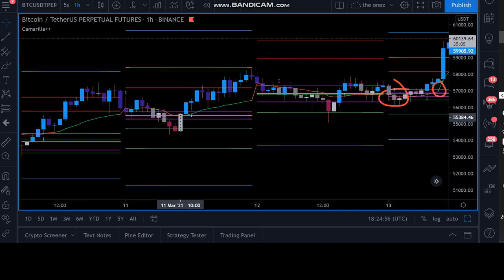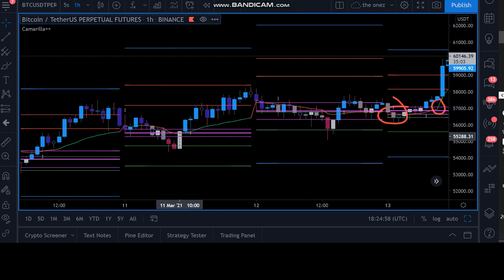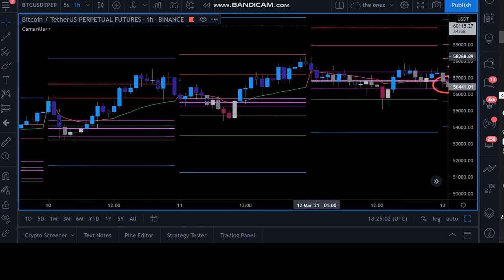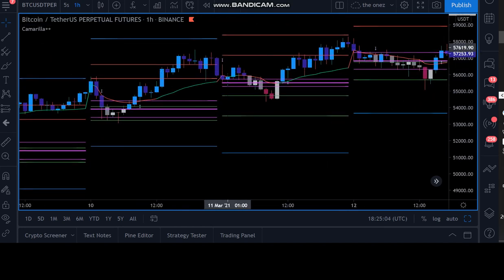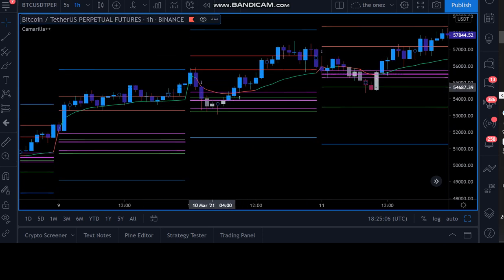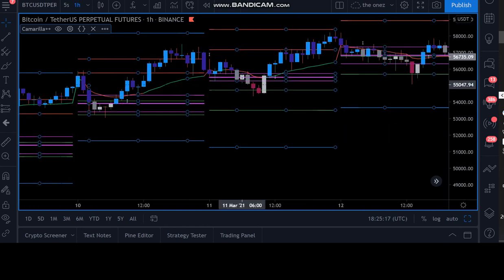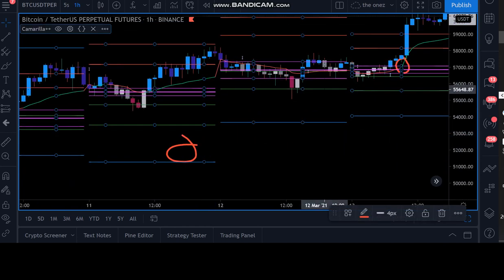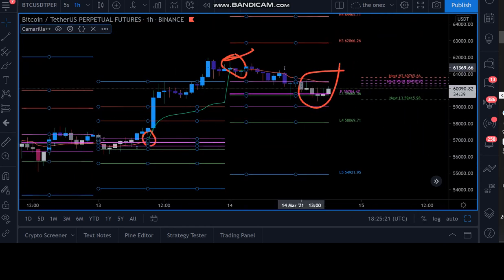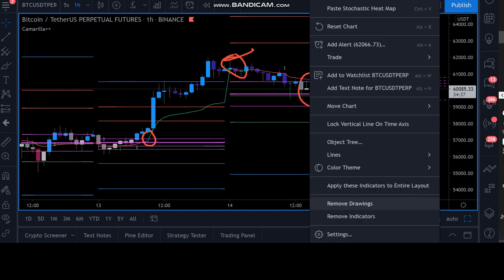Here we have a break away from the CPR, flipped just to get to the H3, H4. Similar situation. The VWAP is pretty good confirmation. Here we have the price opened up on the CPR, flipped, and broke up to the H5. Pretty good stuff. Anyway, so the VWAP can be quite useful for those situations where you need a little bit